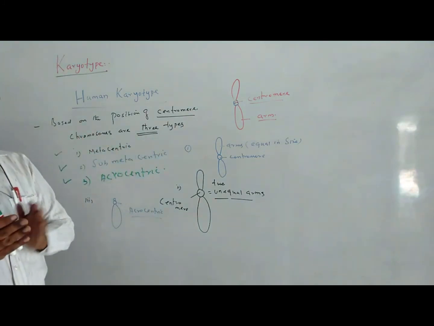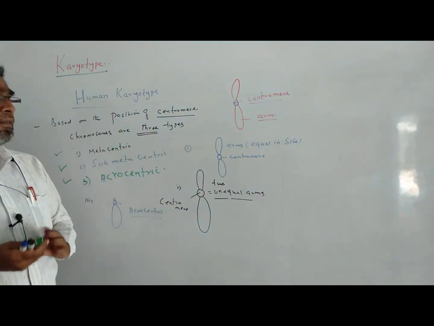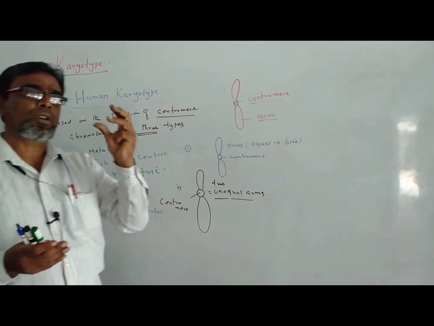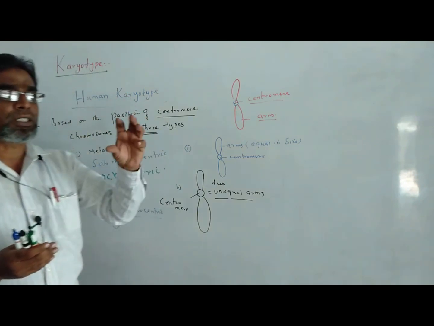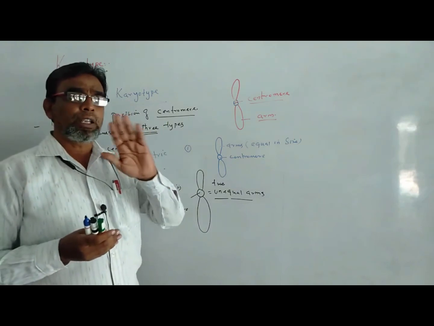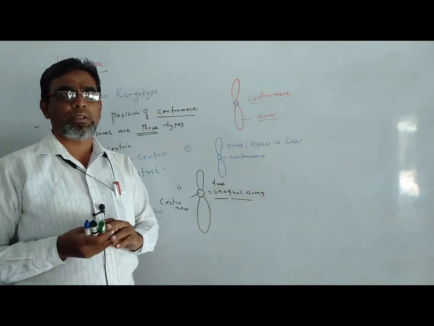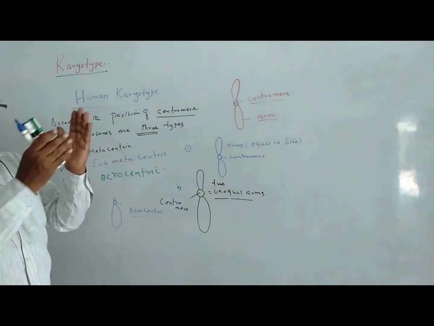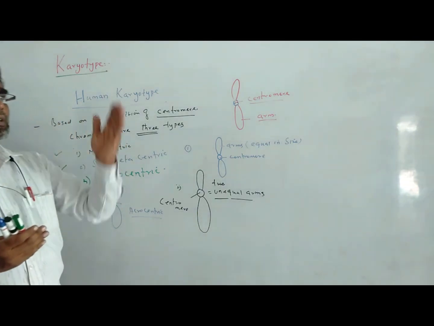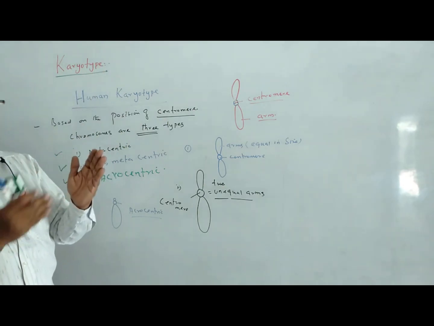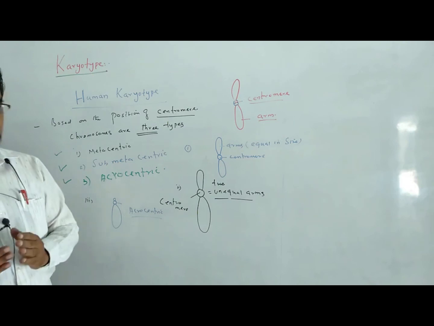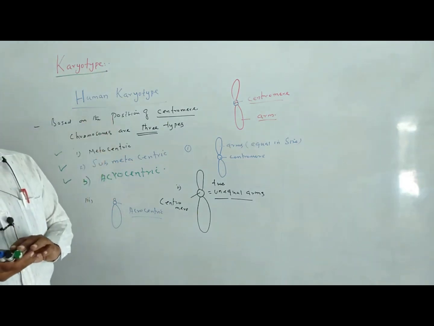With the help of karyotype, we separate the chromosomes from the cell and then arrange them in pairs. That is called karyotype. For this process, we use a substance called colchicine. Colchicine arrests the cell division during the metaphase stage, not in meiosis, in mitosis cell division. After that, we separate the chromosomes, photograph them, cut the photograph of the chromosomes into fragments, and then arrange them in homologous pairs. That is called karyotype.